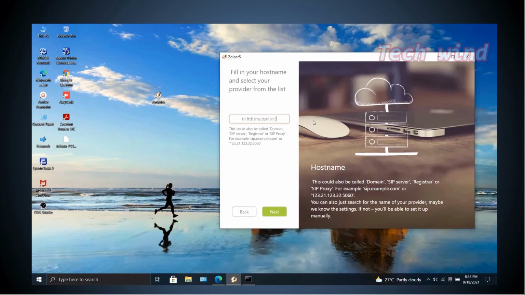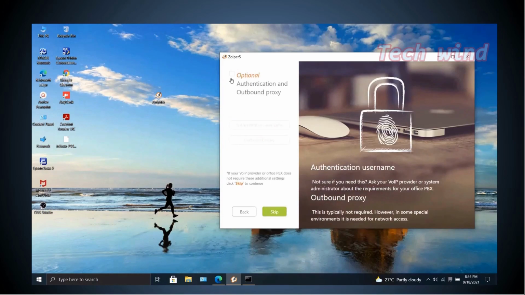So after entering the username and password, click login. In the next window, it will ask you to enter a SIP address. You have to enter the SIP address, which is tn.fttih.ims.bsnl.in in my case, followed by a colon and 5060,